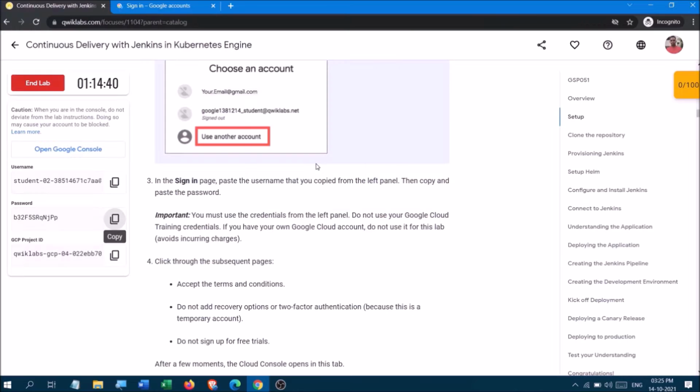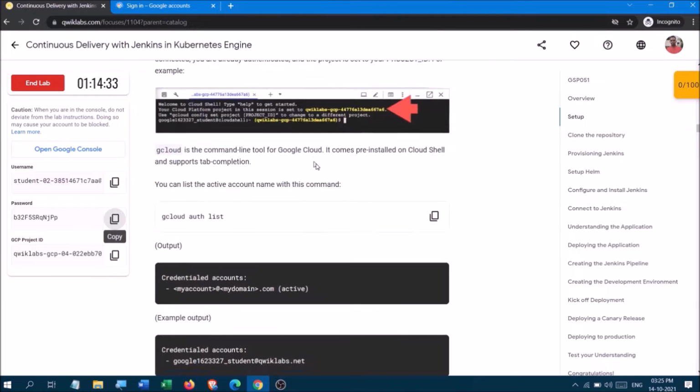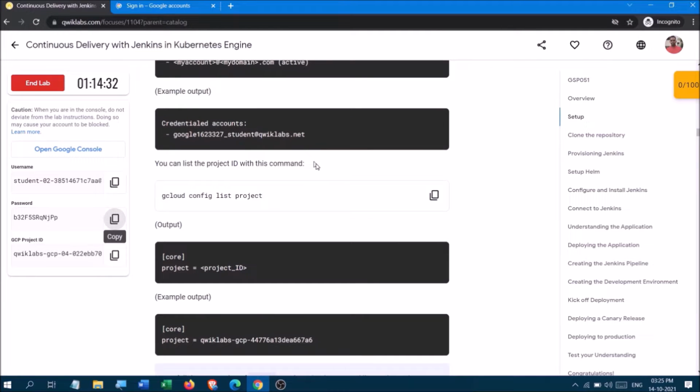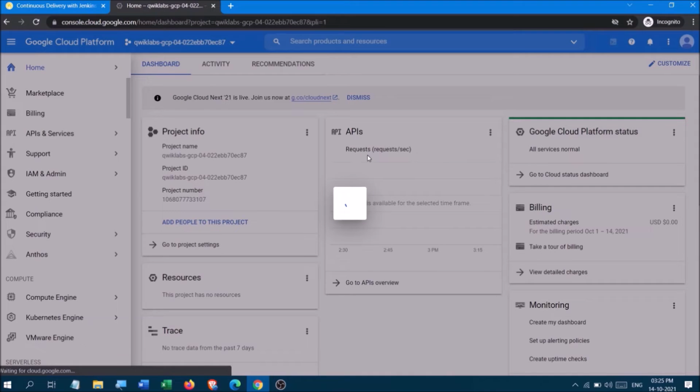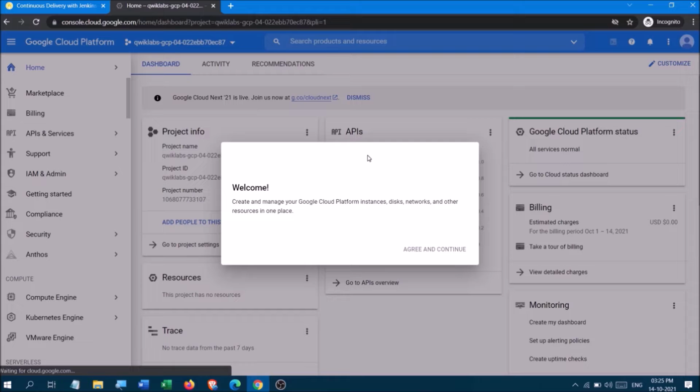These are normal setup things which we have to do. You have to complete it on your own, but I am going to show you, and after this we are going to start directly with this part. So don't worry about it. I'm completing the setup part now. Agree, and continue. Okay, the email ID has come.